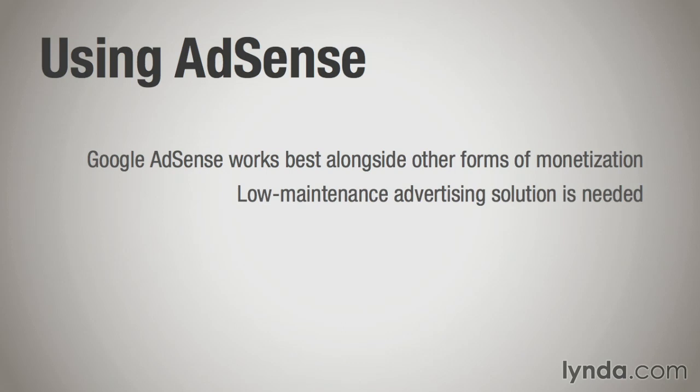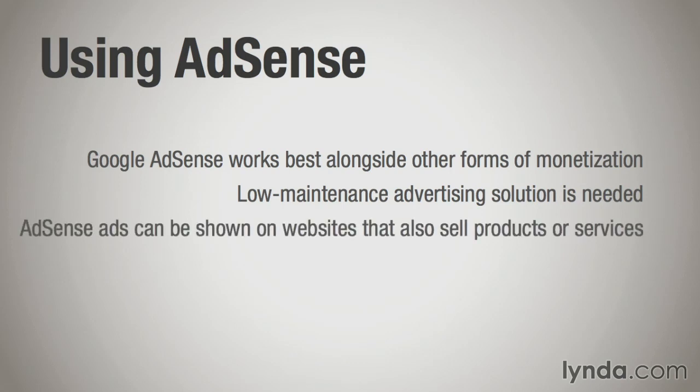supplemental income. For example, maybe you have a website that sells dog food. Although you're hopefully making money off dog food sales, there's still an opportunity to set up Google AdSense and earn a little extra income with very little additional work. At the same time, maybe you have a blog about comic books that you're currently working on as a hobby. Hobbies are great, but hobbies that also generate income are even better. Why not implement Google AdSense on your comic book blog so that you can earn some income from what you like doing best? Because Google AdSense requires so little maintenance, it's almost always worth trying for anybody who has a